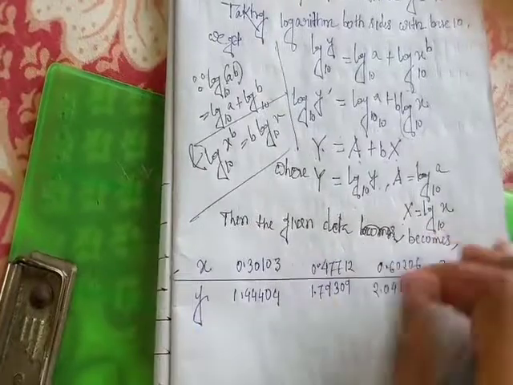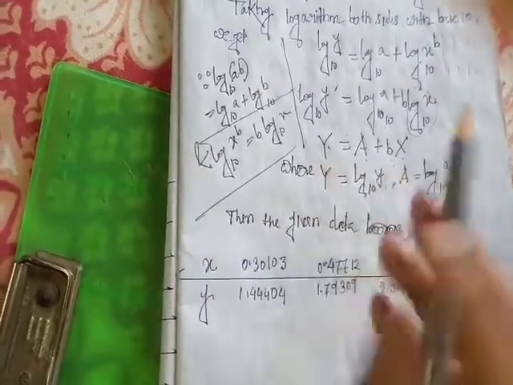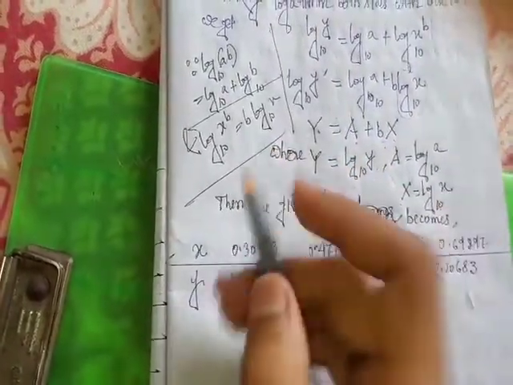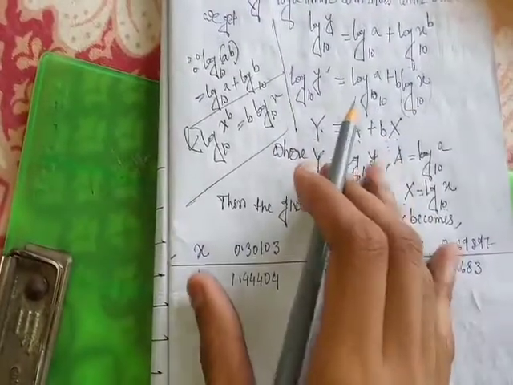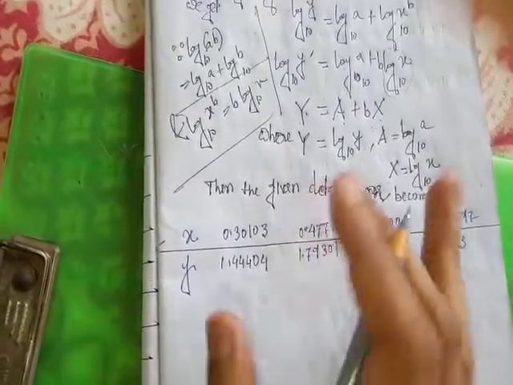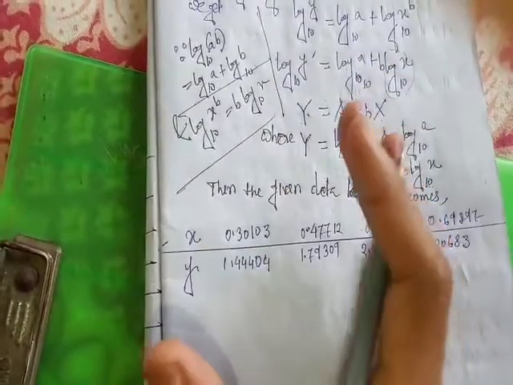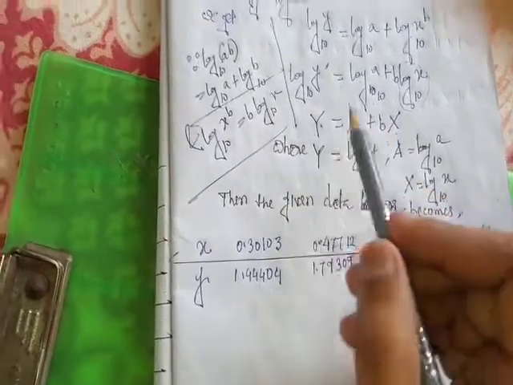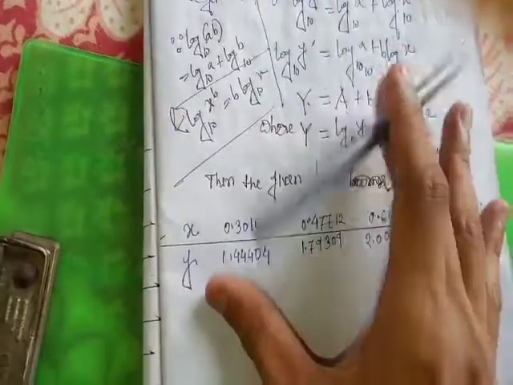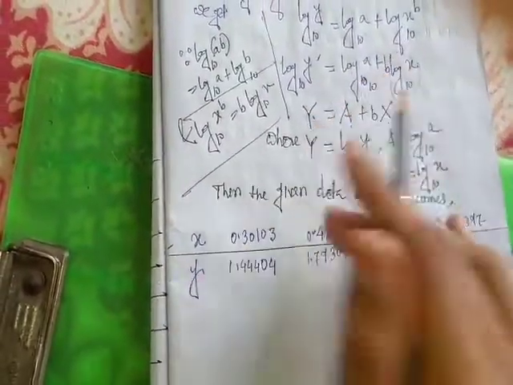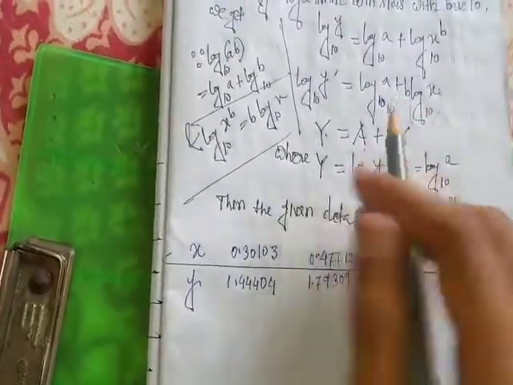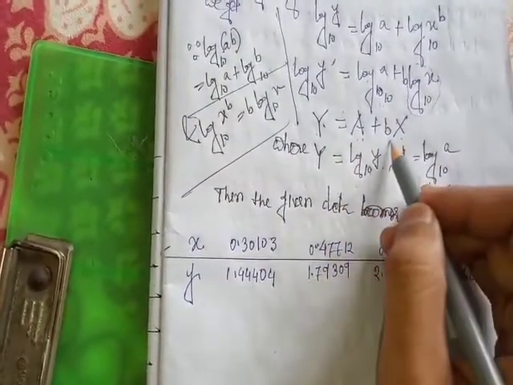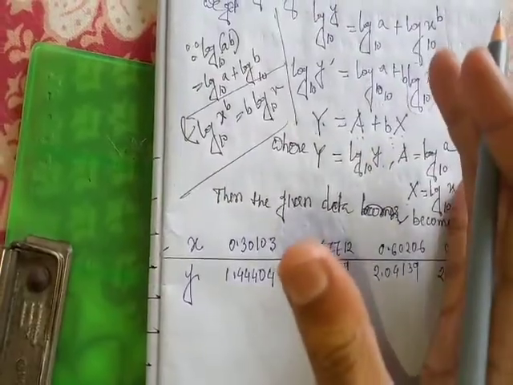Now using this data, we will fit this straight line. The normal equations for fitting a straight line we already discussed. There are two normal equations since there are two unknowns. Number of unknowns equal to number of normal equations, please remember this. So there are two unknowns, so there are two normal equations. We already discussed.